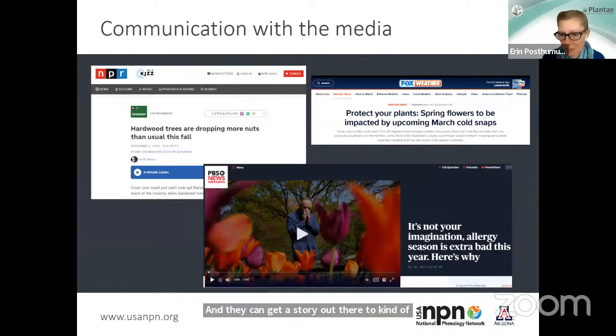And just a couple other examples. It's not just spring activity, but often if there's a masting year, lots of oak acorns in a particular year, we'll get inquiries as well. And often these are people that we've talked to already in the past about our spring maps, and they're coming back to us because they trust us as experts, the people that they know will get back to them quickly, and they can share that science back with the public.